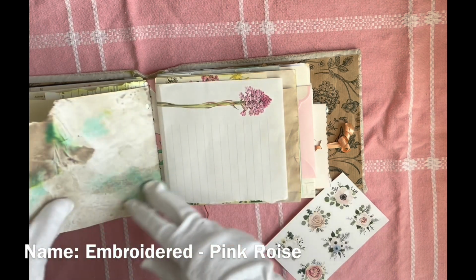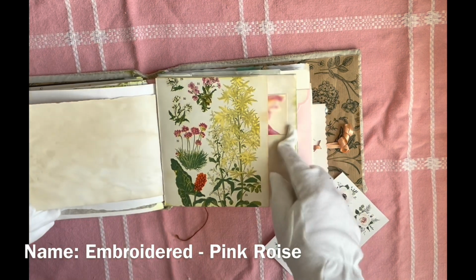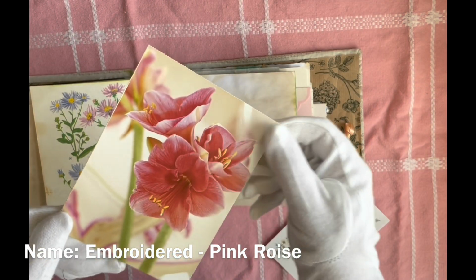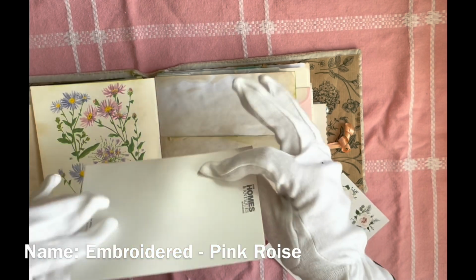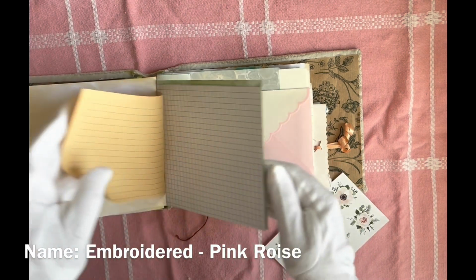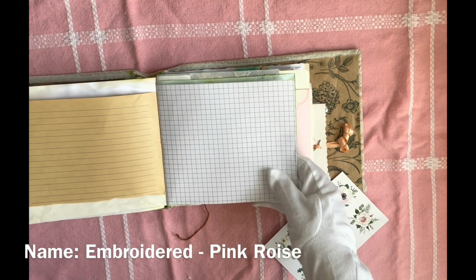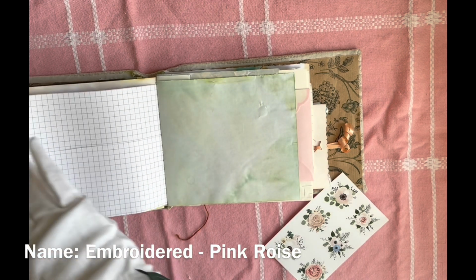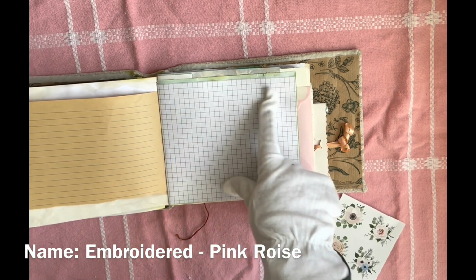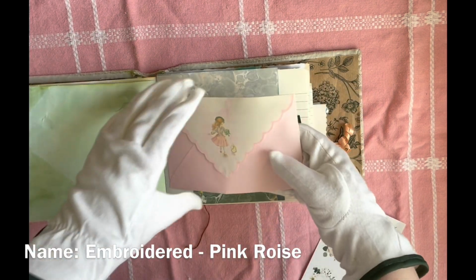Vintage paper. Here I have included a shining postcard, which is blank on the side, right on there. This squared paper is from an old maths book, exercise book. It's a pocket on one side, but I love to use this in my journals for making plans out and designing things. Here is a little envelope, vintage envelope,